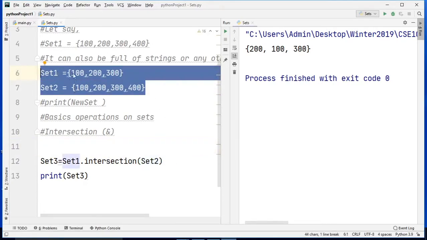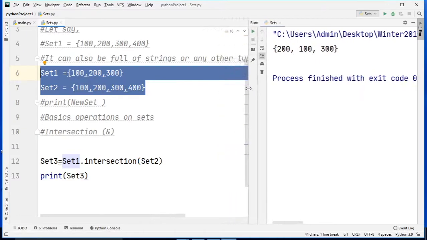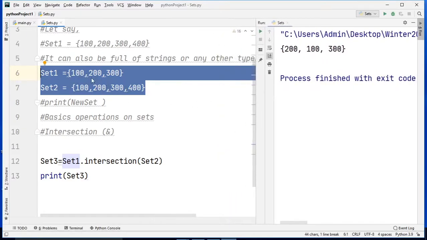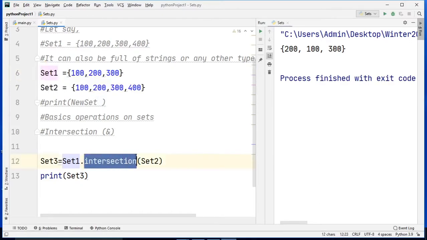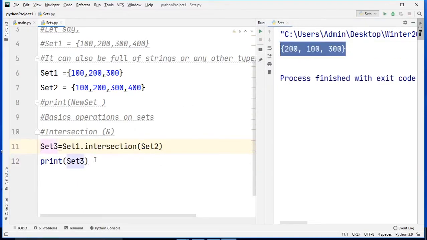Intersection means common elements we are going to print. So what are the common elements? 100, 200 and 300. These three elements are common to both the sets. So using intersection function we can find those common elements. So 200, 100 and 300 common elements, right?